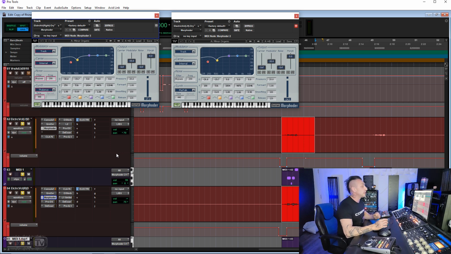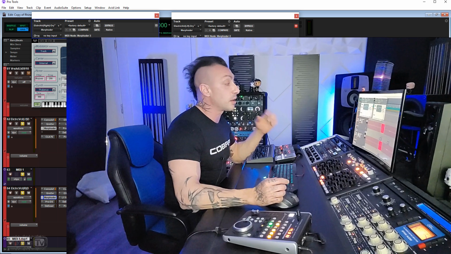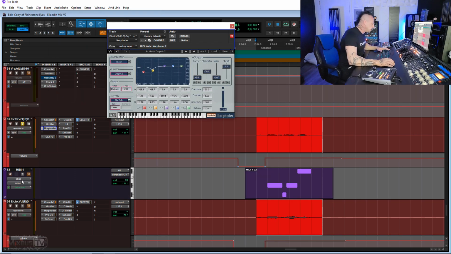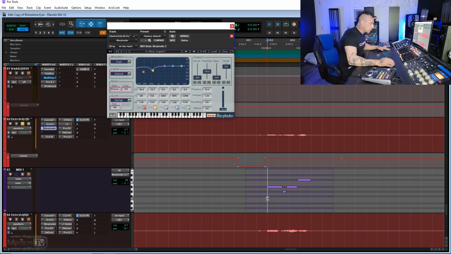Okay, let's see how I did this, because Morphoder works slightly different from other plugins. It's not just a matter of slapping the plugin on the insert. You can actually control Morphoder via MIDI, as you can see from the keyboard here at the bottom and the MIDI button right here. So while you can pick a chord or a note and have Morphoder following that note, in this case I wanted the vocoder effect to follow the melody, actually the melodies, because they're different left and right. So the first thing I did is I opened a MIDI track, and with notes, I wrote the melody